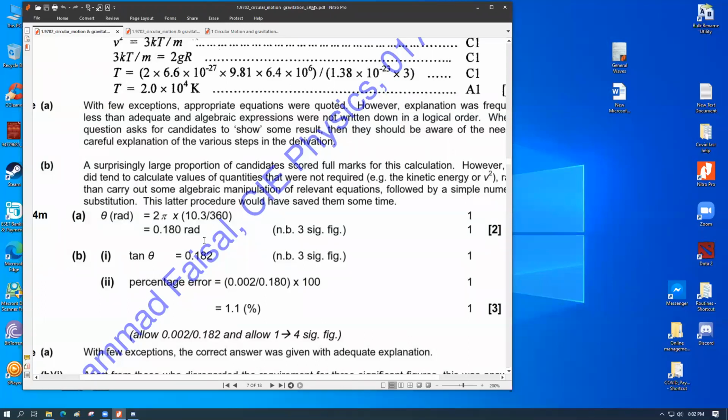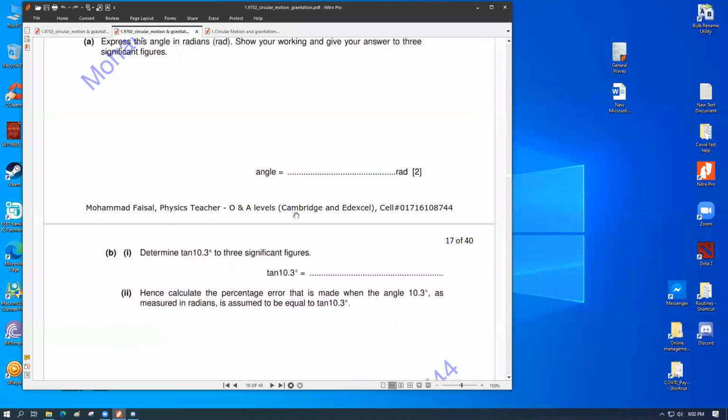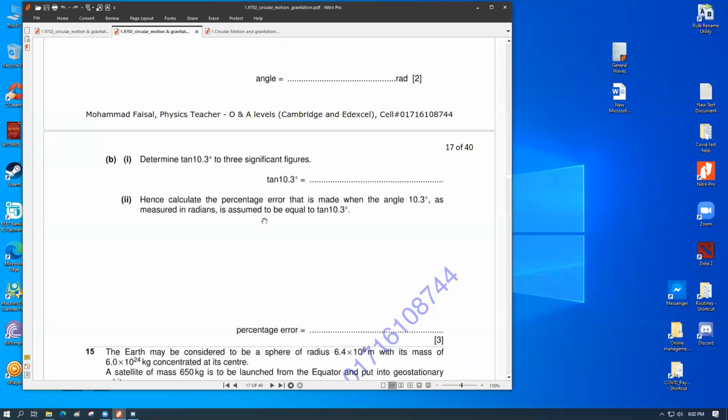That's the reason. Okay, sir. Okay, back here, find it. Hence calculate the percentage error that is made when the angle of 10.3 as measured in radians is assumed to be 10.3 degree. Okay, sir. Hold up, let me tell you another thing: one of the key things